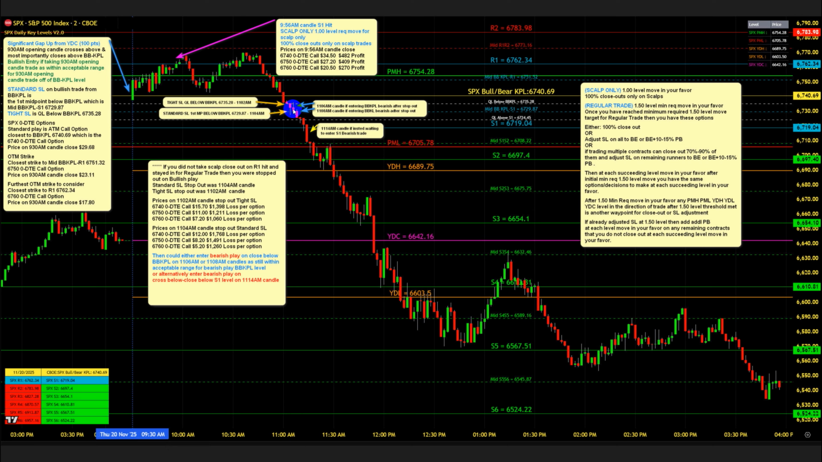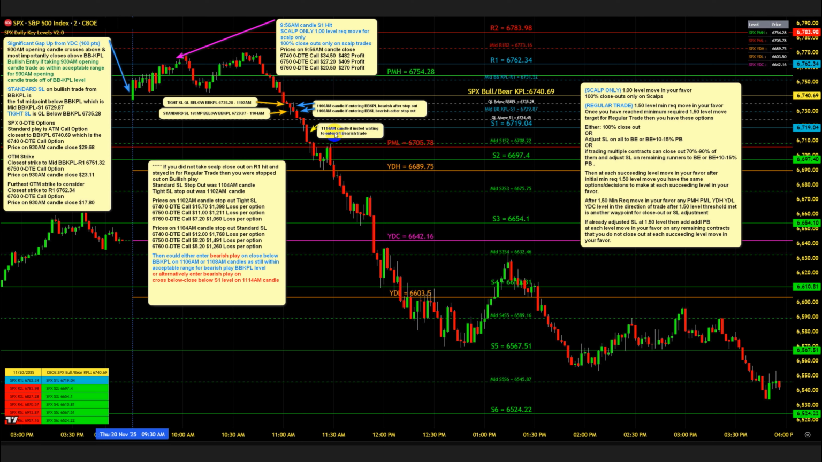But as these candles are still within the acceptable range for the bull bear key price level for a bearish trade, if you got stopped out here because you didn't take a scalp and you instead were doing a regular trade, then you could have re-entered here for a bullish trade on the bull bear KPL. However, if you did not want to do that, then your alternative is here on this 11:14 a.m. candle,